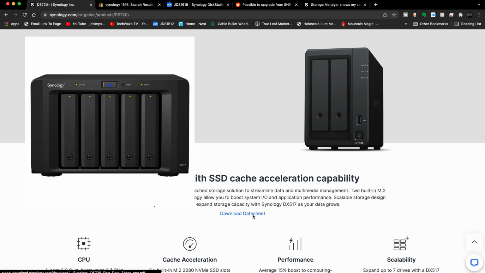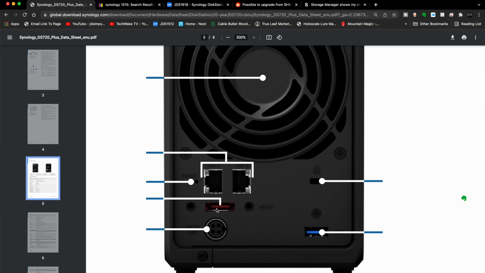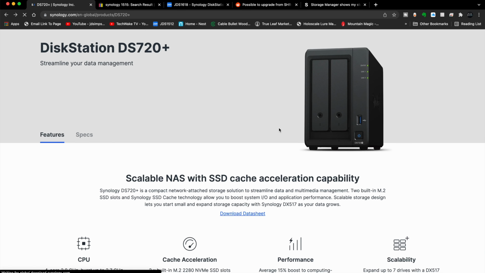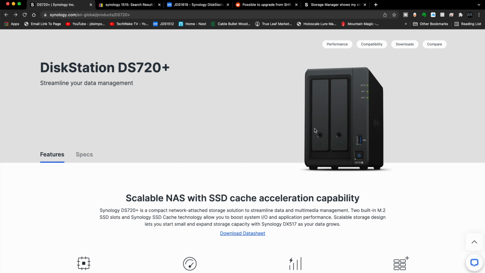And on the back plane of this box, you can see there's a little red eSATA connection with 2 little screw downs, and you can take another Synology box without a brain, so basically it's just a dead box with some drives in it, and hook it into this thing, and this thing's front-end software and drives could all be fused together and scaled up to a larger system. So you could start with a 720 and move into a more scalable situation, and you could add one of those expanded drive bays with 5 bays, and that would give you 5 bays plus the 2 in this machine would take you to 7.